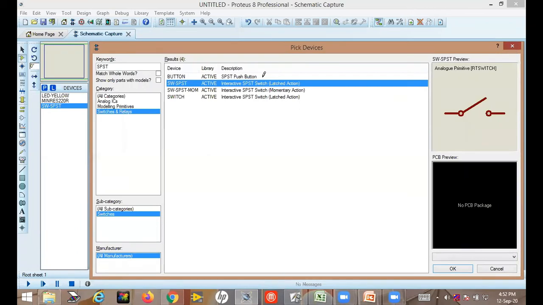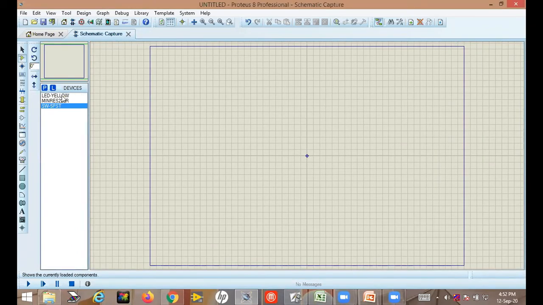And here what I will do, I will take the LED first. So just click on LED. And this is the orientation of the LED as it appears. This side is anode and this is cathode. You already know a diode has how many terminals? Two terminals. One is anode and another is cathode. If you see the symbol here, on the cathode side there is a bar, that is the cathode. And I want this LED orientation to be horizontal.